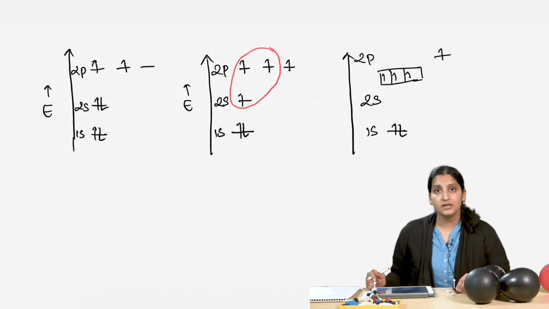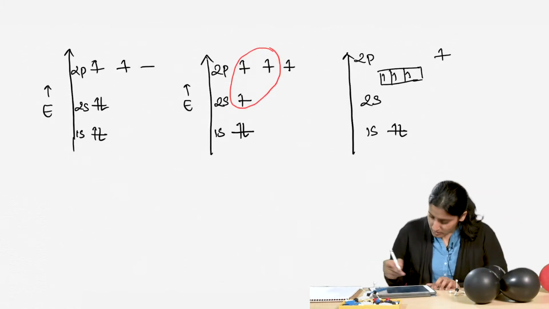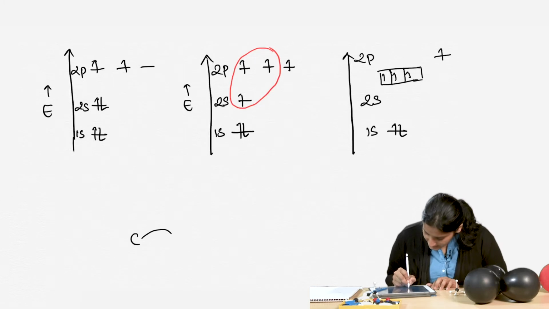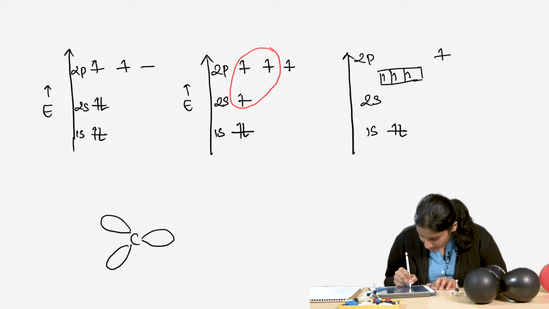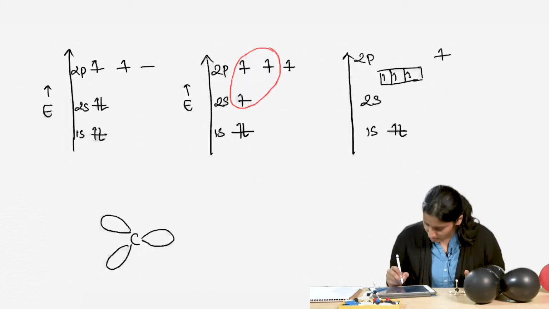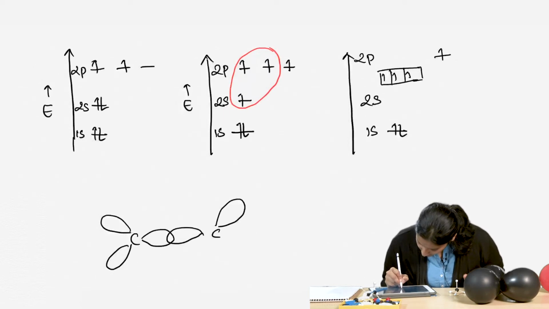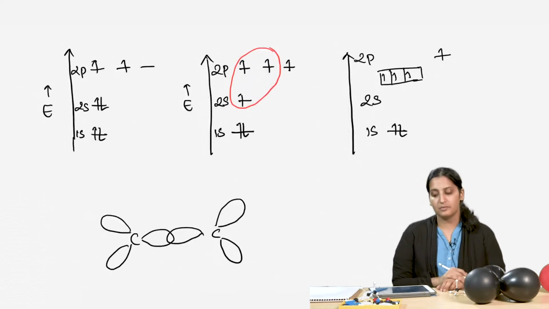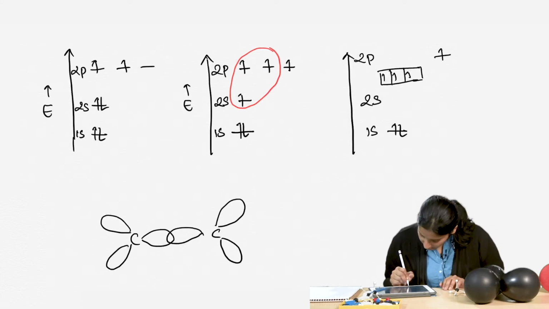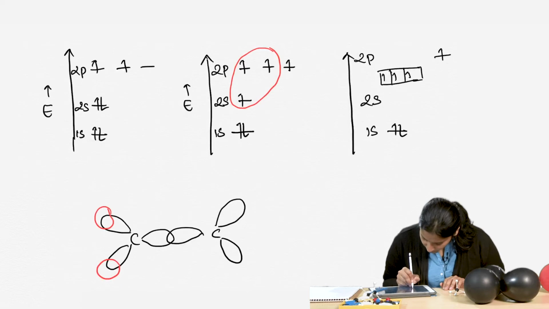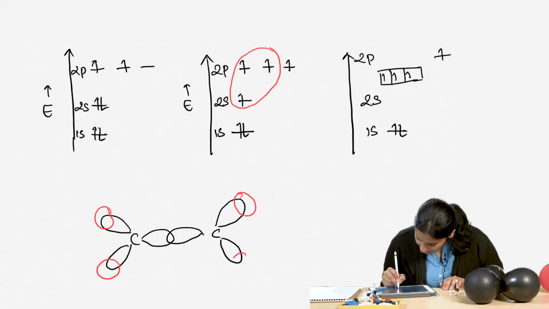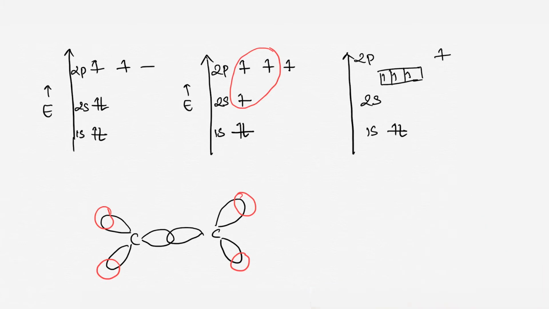Okay, so now let us look at the bonding in the case of ethene. I have a carbon that is the central atom and it has 3 of these sp2 hybridized orbitals at 120 degrees with respect to each other. Then the other carbon will also overlap with its sp2 hybridized orbitals, and each of the other 2 orbitals of carbon will be overlapped with the 1s orbital of hydrogen, right. So, that is the carbon hydrogen bond,